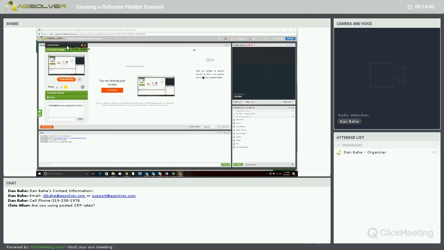And I also, so Chris asked, are you using posted CRP rates? And so in this case, yes, the operator actually enrolled that area within this field into pollinator habitat, and the CRP payment was close to $320 an acre. But we do not have the CRP payment rates within the application. But what you can do, you can export